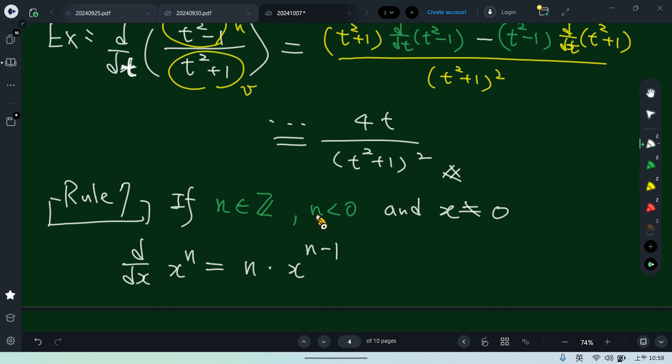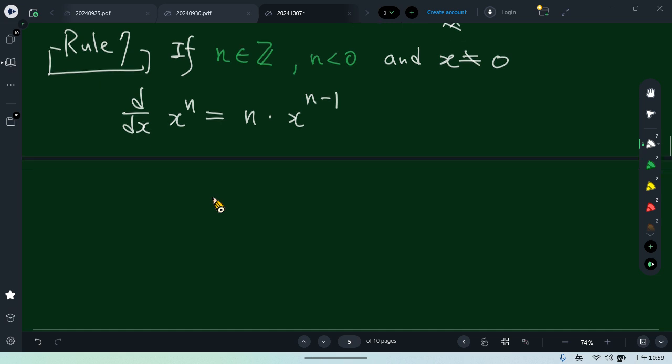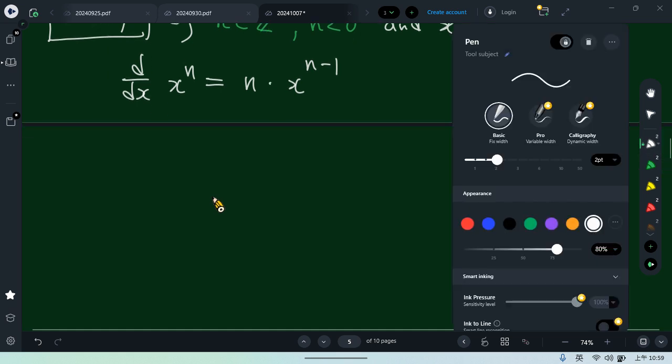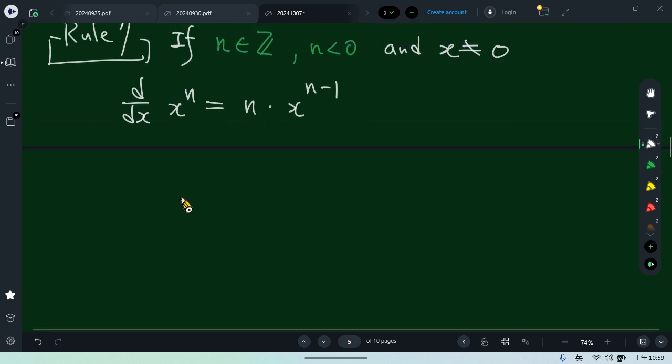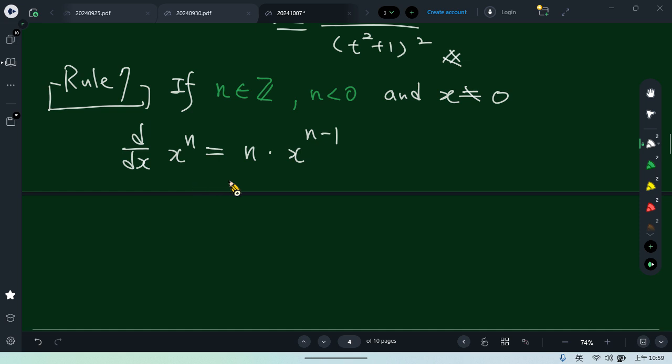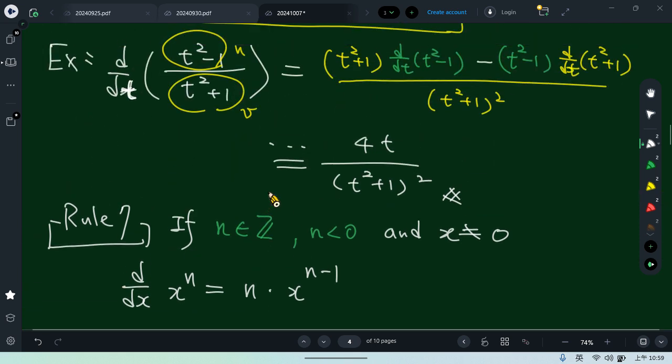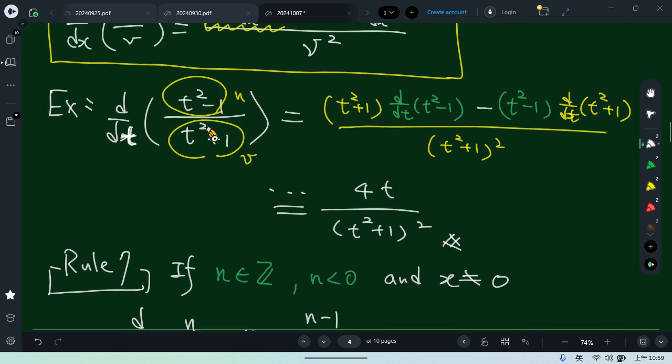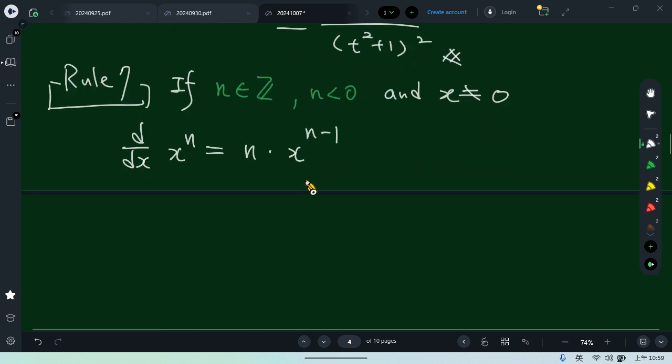So that's the only difference. But the result is still the same. So if we want to prove it, actually it's a very good example for rule number 6. Why do I say that? Because if I want to prove it,